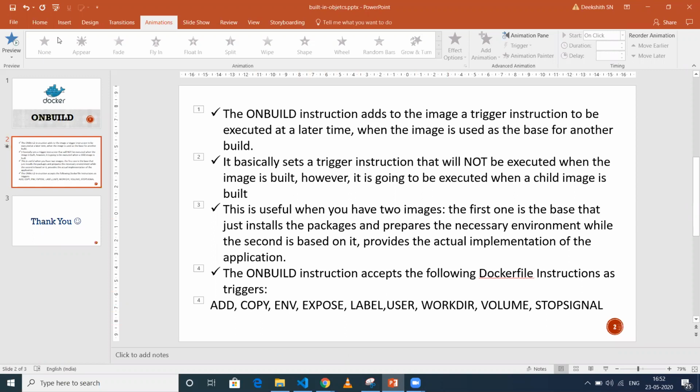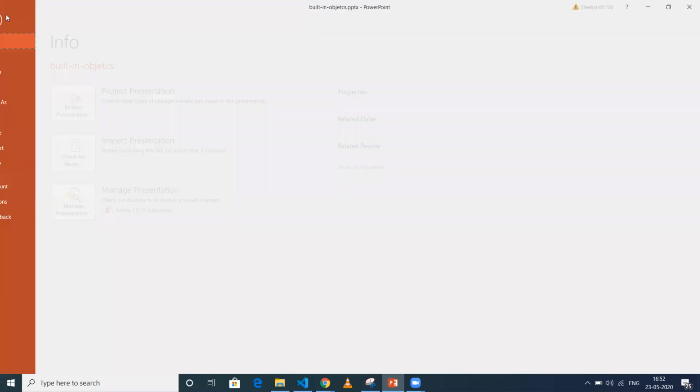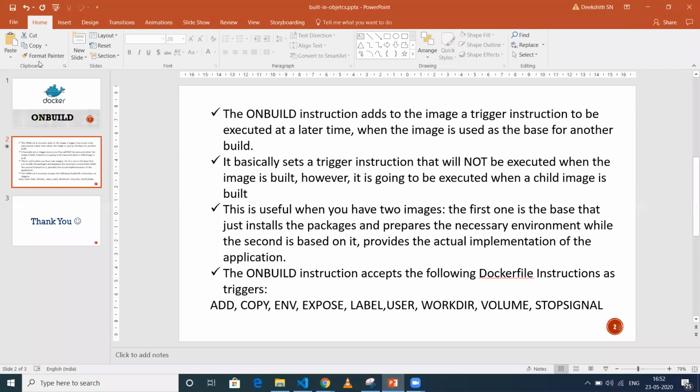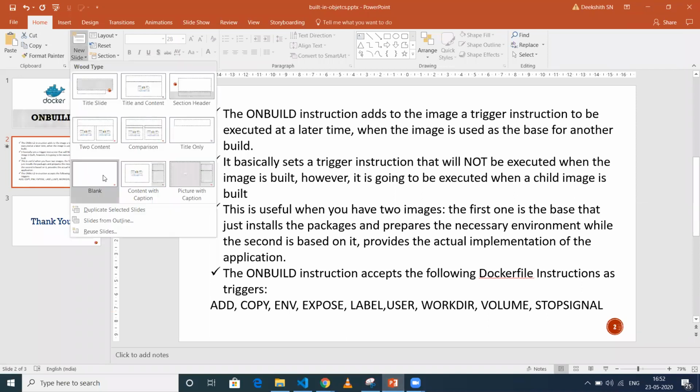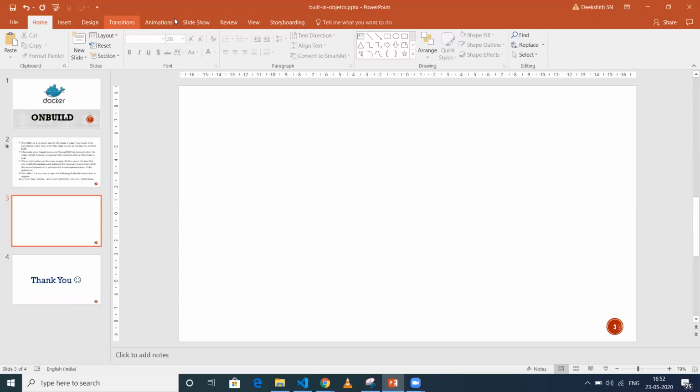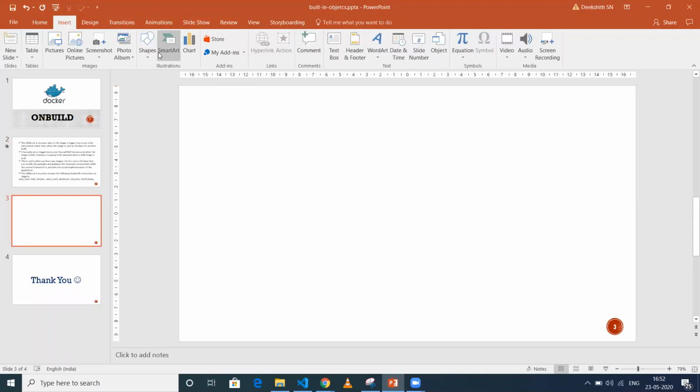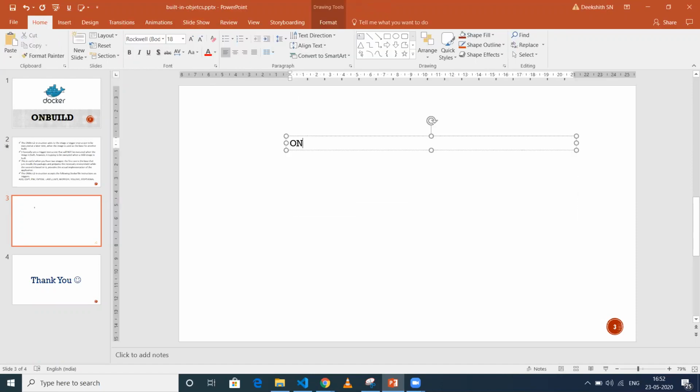Just to show you, I'm going to take one more empty slide. What I was telling was, you can't do this. In your Dockerfile ONBUILD, and you can't do this ONBUILD. It's going to fail actually. So you need to use any other instruction, like ONBUILD ADD. Whatever the ADD instruction you have given, that will be executed downstream. You can see it as downstream Dockerfile.